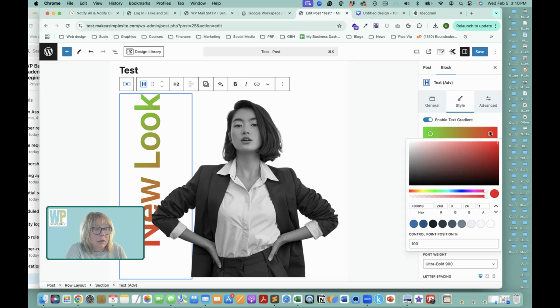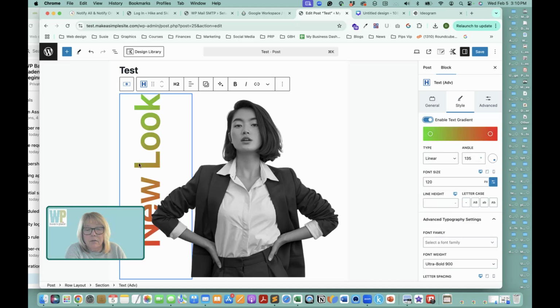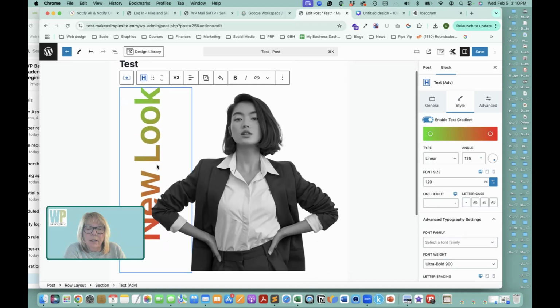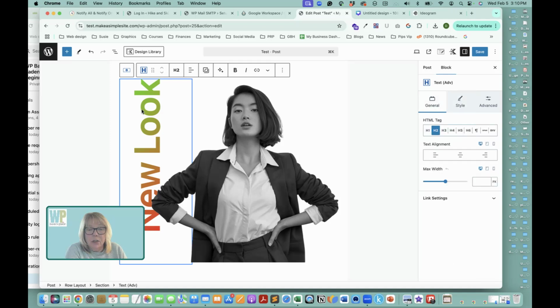So it's really crazy. Oh gosh, I keep clicking it off. Okay, and you can see how that comes out. It's really a cool look. I'm even going to try to change the